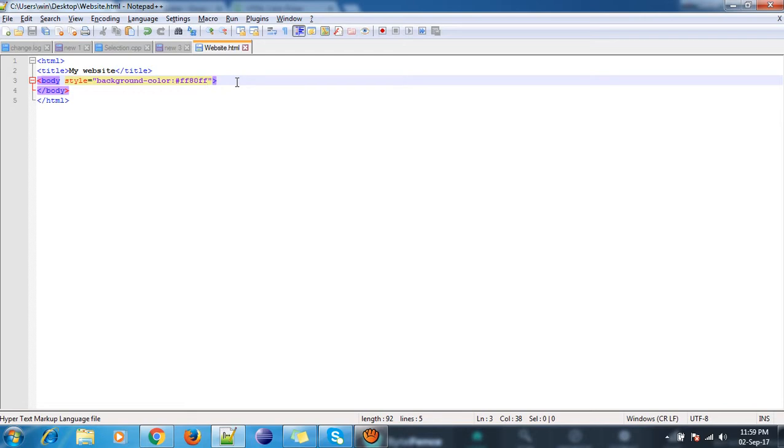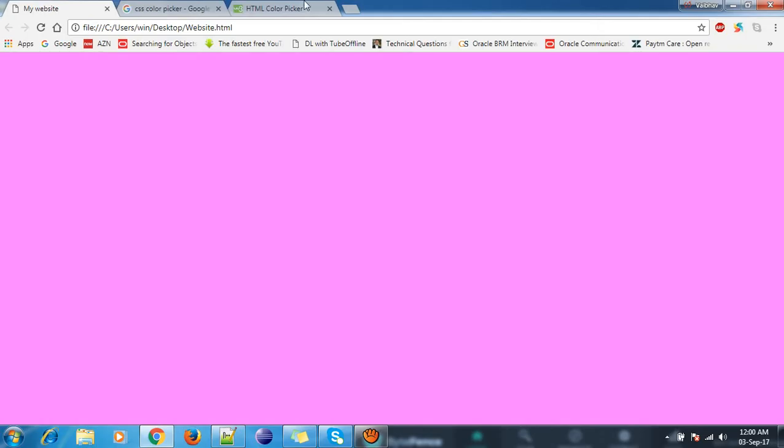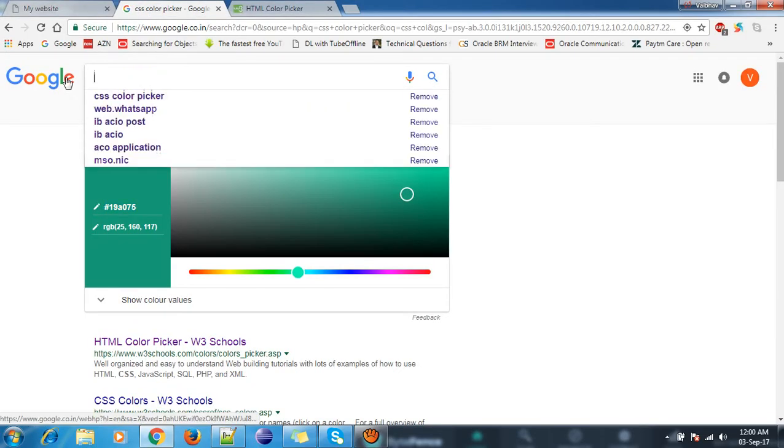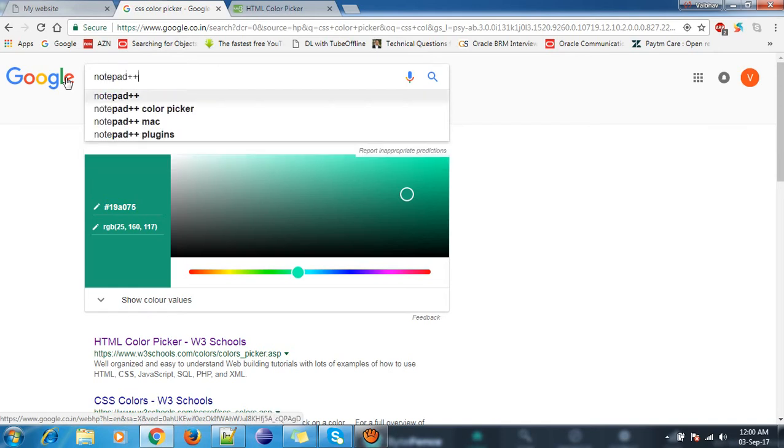Many of the users don't know what editor I'm using. For those who don't know about this editor, it's Notepad++. You can download and install it from Google. I'll show you. Notepad++.